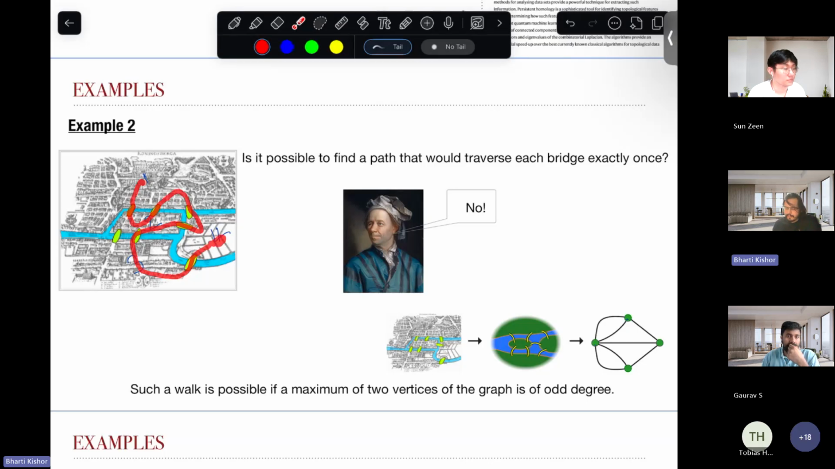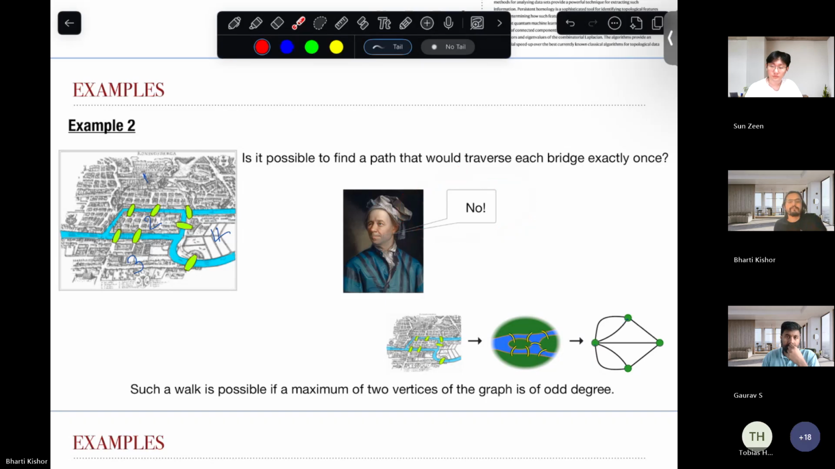Because now I am stuck here. If I want to go to another island, I have to double cross one of the bridges. But maybe I lack imagination. Is it possible that I can do it? And for a long time, people were trying these possibilities, until Euler came and said, no, you